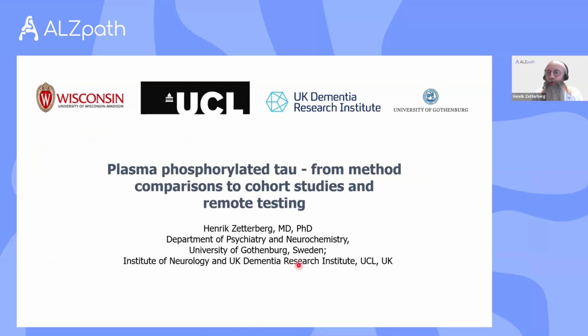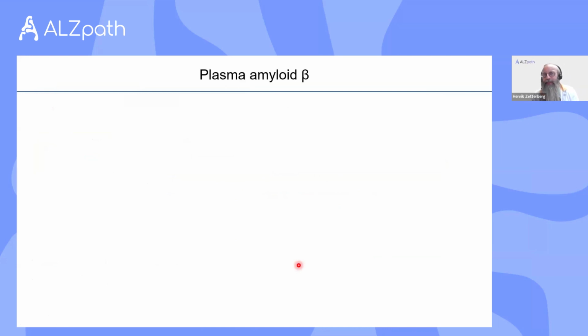So I was asked to talk a little bit about plasma phosphorylated tau from method comparison studies to cohort studies and remote testing. And since this is about Alzheimer's diagnostics, I wanted to start with amyloid, of course. Amyloid plaque pathology is the defining feature of Alzheimer's disease. And then one could think that it would be reasonable to measure a plasma amyloid beta biomarker if one wants a blood test for Alzheimer's disease. CSF A beta 42:40 ratio, the 42 amino acid long form divided by the 40 amino acid long form, is